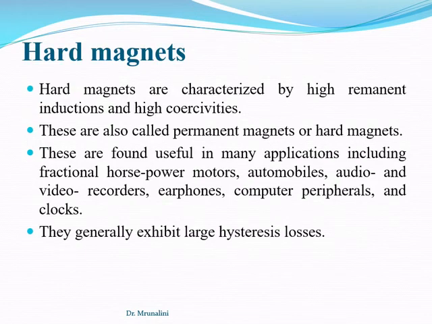Impurities increase the strength of hard magnetic materials. They have large hysteresis loss due to large hysteresis loop area. Susceptibility and permeability are low. Coercivity and retentivity values are large. Magnetic energy stored is high. They possess a high value of BH product. The eddy current loss is high.